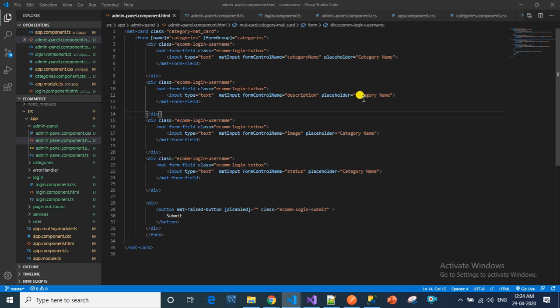I have pasted all those, and I have to change the placeholder names here, like this. So I have created placeholder names here. Once this is done, you have to write this.